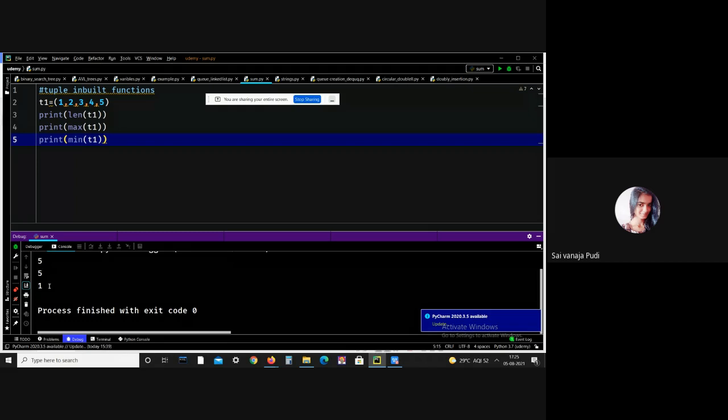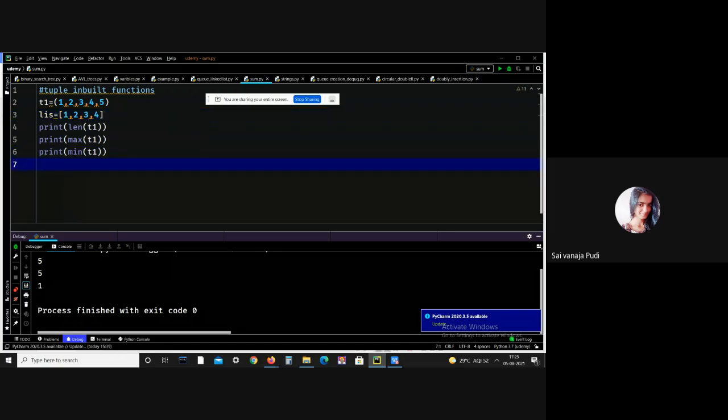I got everything correct. The next inbuilt function is tuple, which converts the specified sequence to a tuple. Let me give an example. Here I just want to convert this particular list into a tuple.